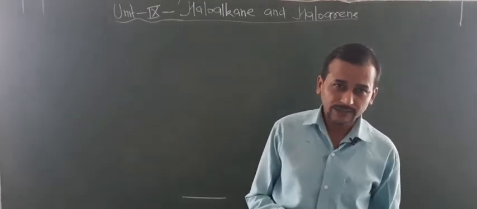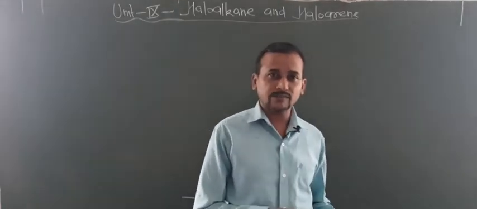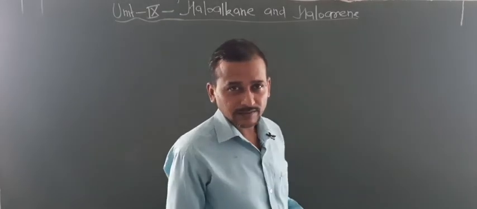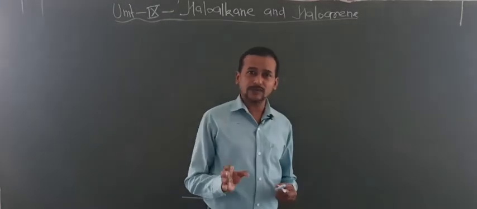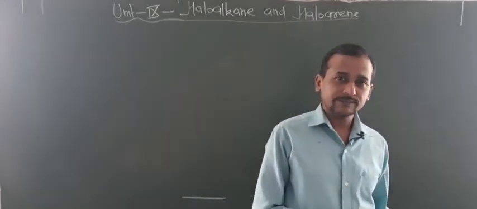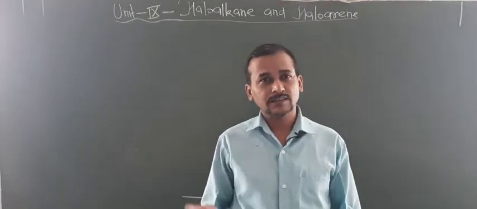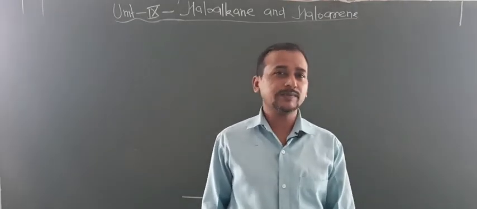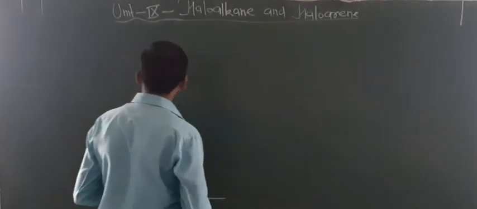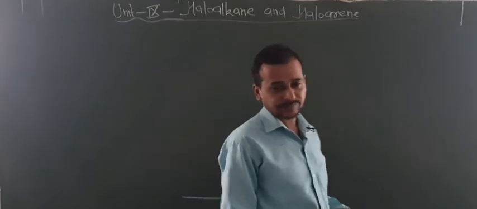I also told you that here you learn about the preparation of haloalkane from alcohol, but in the alcohol chapter you learn the property of alcohol. So that's why I told you that one reaction may be the preparation of one chemical and also may be the property of another chemical. So this is very important to focus on that type of reactions.